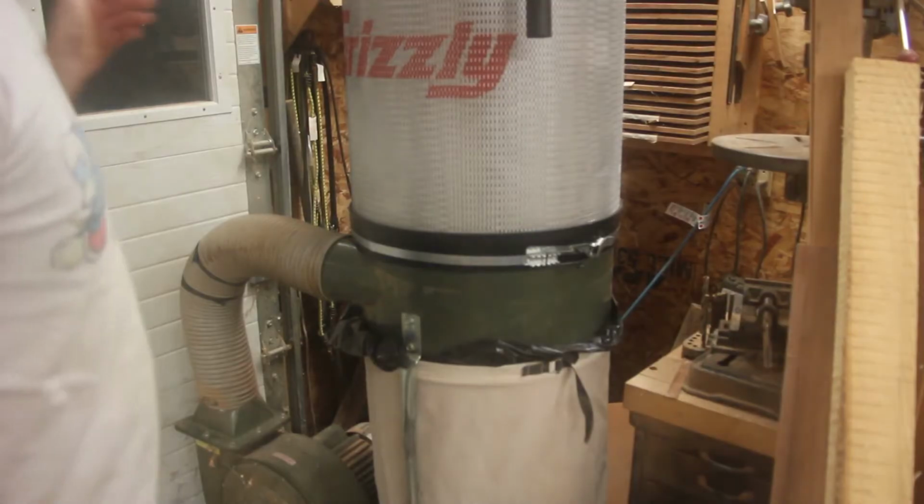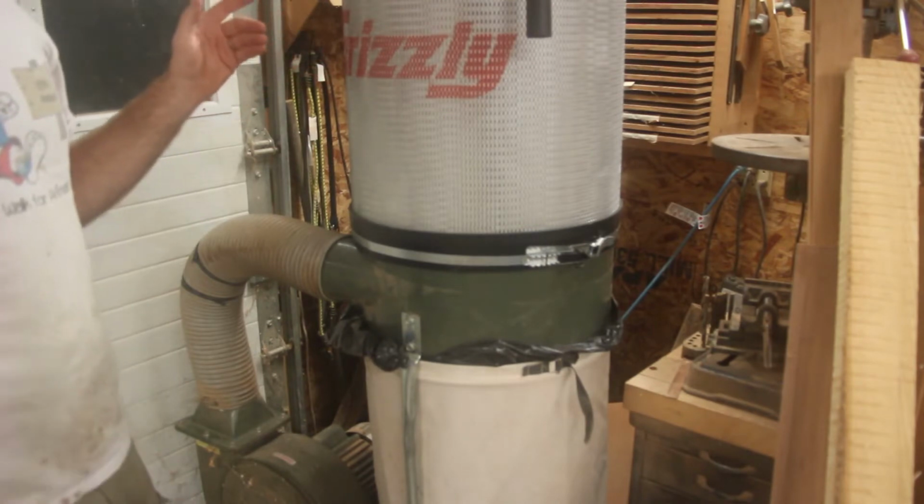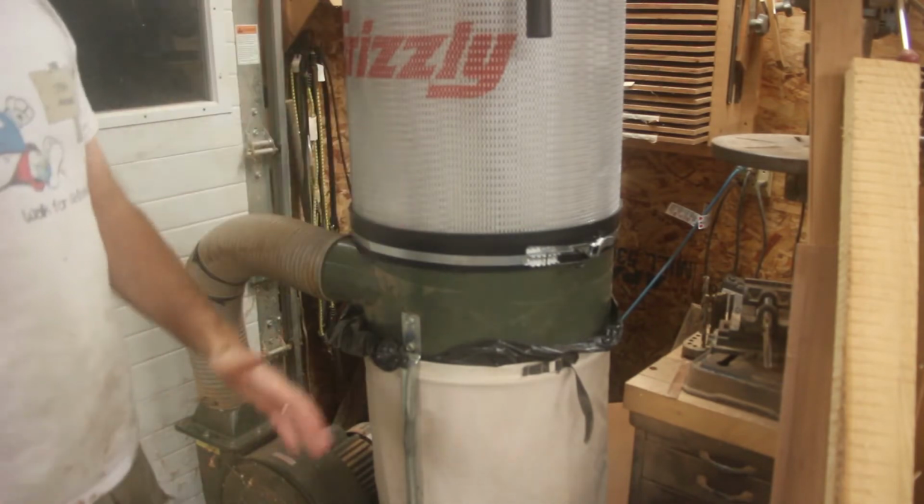So upgrades to my woodworking shop. Since I got the bandsaw, I need to rearrange stuff, and I decided